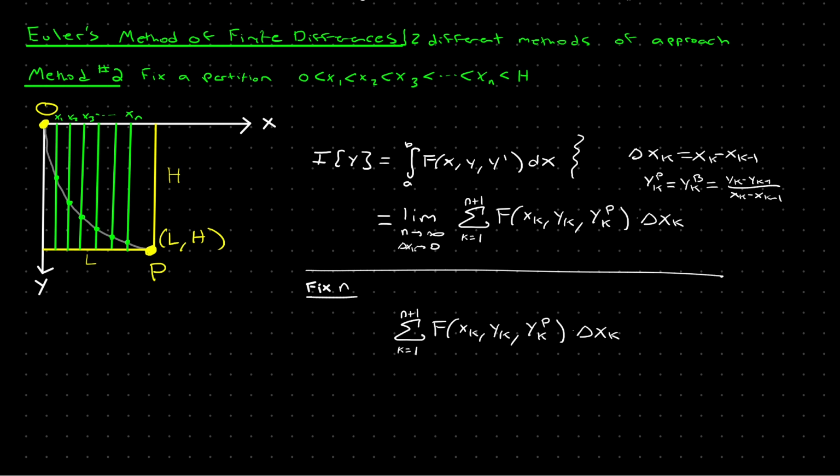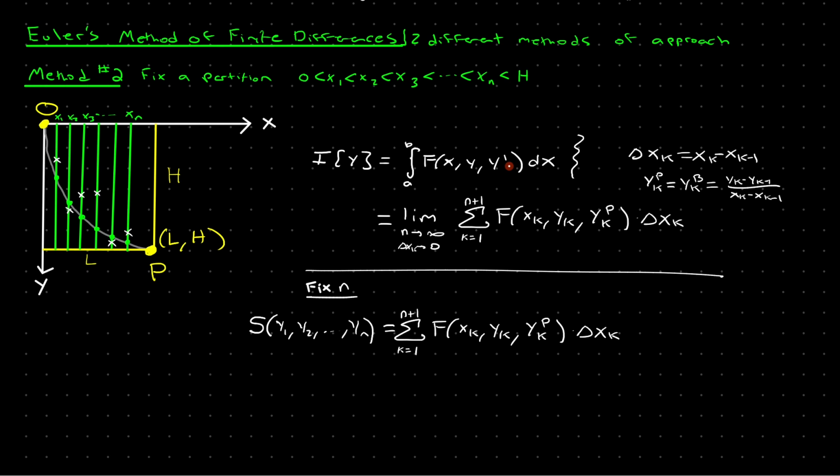So, for instance, this expression is a function, so I'll call that function S. S is a function of y1, y2, all the way up to yn. What this means is that for different values of y1, the y coordinate on each one of these fixed values of x, plugging in a different y coordinate will give you a different value of this multivariable function. And because this multivariable function is an approximation to this definite integral,